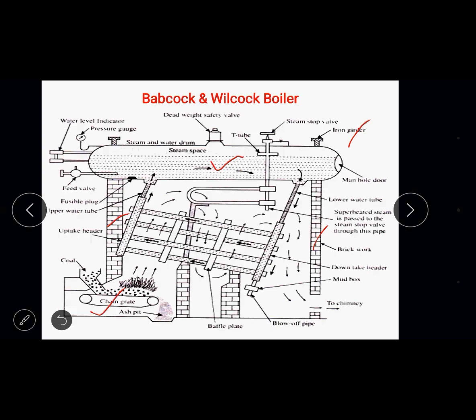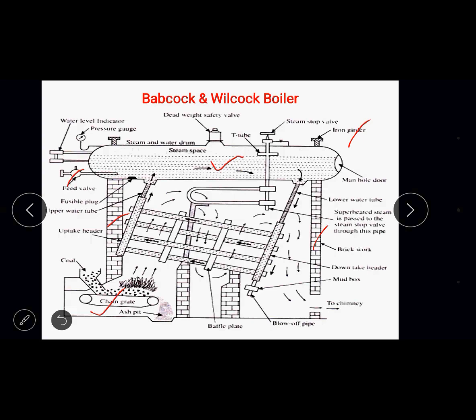You find some boiler mountings and boiler accessories connected to this boiler drum. I'll start with the left end of the boiler drum. On the left end you find one component called the feed valve. I've highlighted it with the red figure. So what is the function of this feed valve? Why is the feed valve used? As the name indicates, feed. We eat food, we feed the food through our mouth. So the mouth is the inlet part, or the entry part to feed the food.